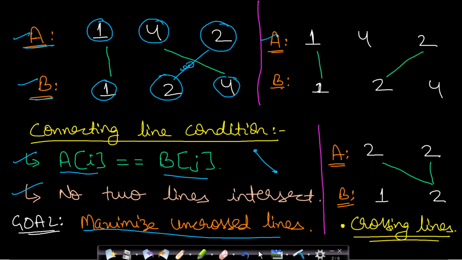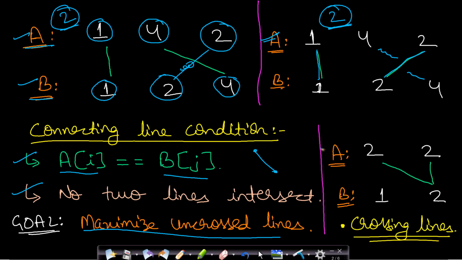We can take an alternate route as well. If we take the same numbers, then we can draw a line from 1 to 1, and also a line from 2 to 2. So we have ignored the line from 4 to 4. In this case as well your answer is 2, and in the previous case your answer was also 2, that is 2 uncrossed lines. So you need to maximize the count of these uncrossed lines and find such a configuration. Now you just need to return the number of lines and not the configuration.